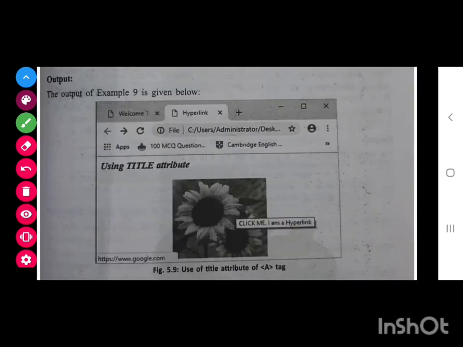It will appear there, as it was not appearing in the previous program because we had not given a title, but here we have given a title. So here that text is coming, click me, I am a hyperlink. You can write anything here as text, like click me, I will get into google.com, any message you can give.